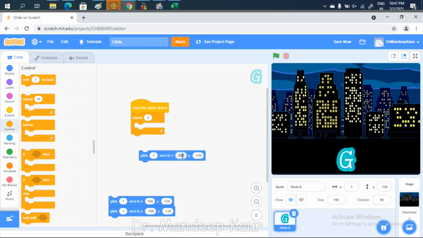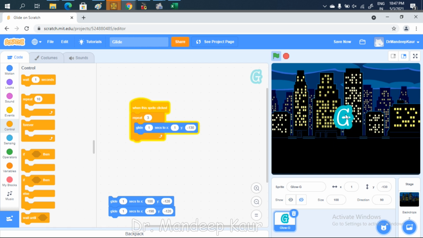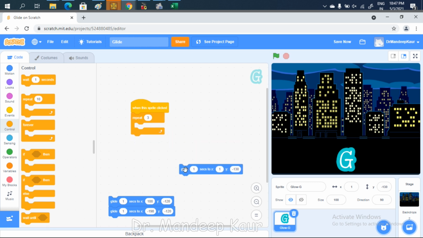The next thing I want to do is take it to the top. Put it here, and now go to this position. The x coordinate is 0, I have to make it 1, and the y coordinate is 130.